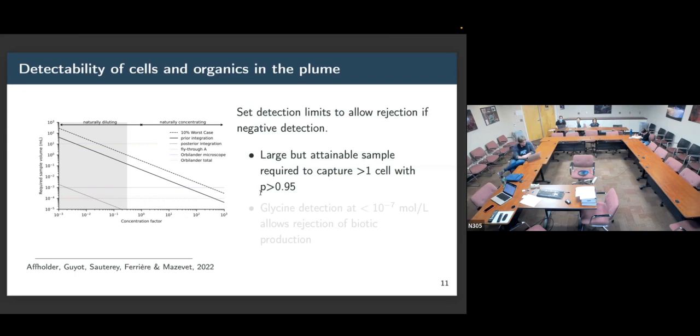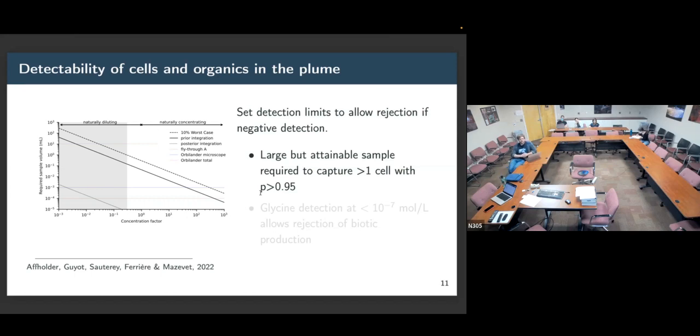All right, so that's what we plot here. On the x-axis, we have a concentration factor because we don't really know what happens while the oceanic plume rises in the ocean. We don't know exactly what happens when this ocean material is transformed into the space plume. So accounting for this uncertainty, we plot the required sample size as a function of this unknown parameter. Again, the dotted line is assuming that the methane is biotic. So we see here that the sample size is actually reasonable in that case, if that's the hypothesis that we want to test.